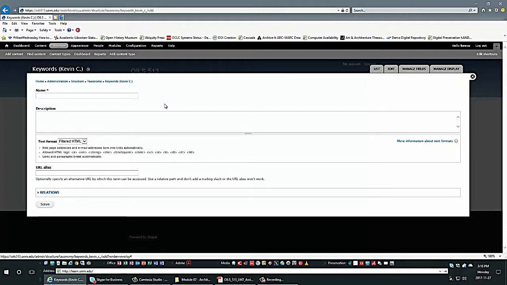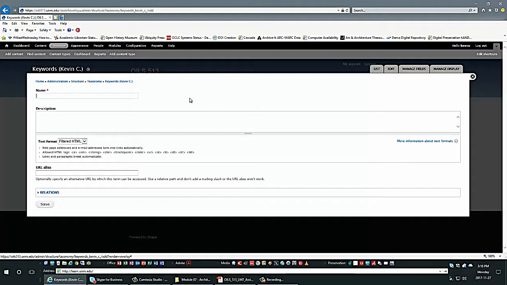But this will at least show you how key terms are entered into the taxonomy. So I'd like to be able to attach your Knowledgebase data record